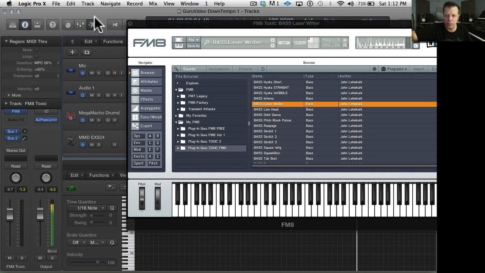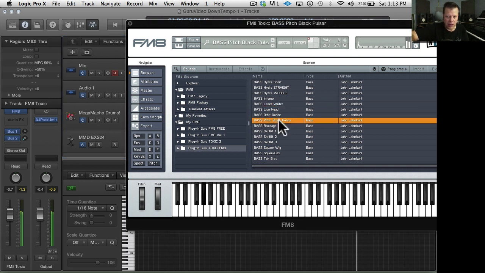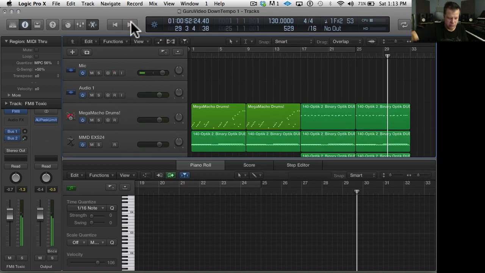Laser Rider starts with a nice big sub. And actually Black Pulsar is even cooler. Let's try that. That's sub enough, isn't it?